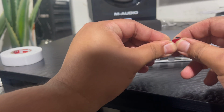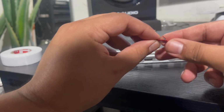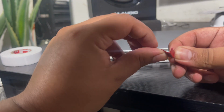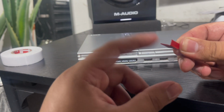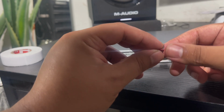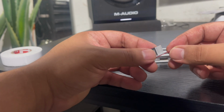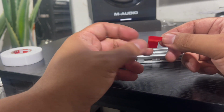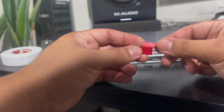I hit it with the fold, bam, a nice and firm fold. And you still got a lot of tension here, so this isn't going to just be flapping around. This is going to be pretty solid, right? This is almost just as good as the 3D printed piece. Not as solid, but yeah. So I went ahead and got an L shape here,